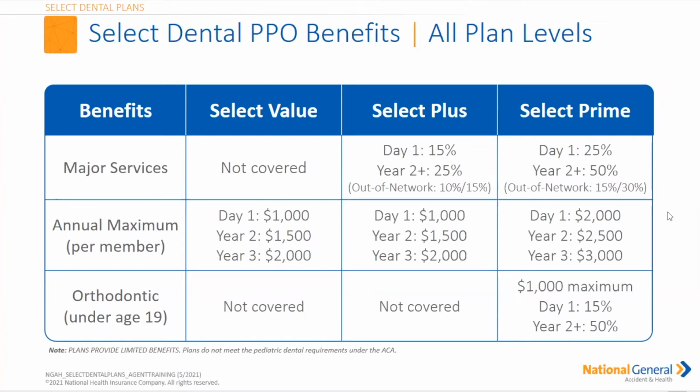Now we do also offer an orthodontia benefit. It is a $1,000 lifetime maximum for any and all persons on the policy that are under the age of 19. Now, unlike other insurance carriers, if you have an insured that has lost their dental plan due to